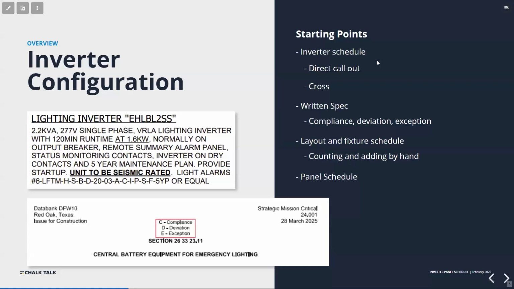But a lot of times they will be called UPSs in here. They'll be called all sorts of different things. Sometimes these specs can be a little bit outdated. And it's our job to go through and mark whether we are complying, whether our inverter is doing the things the spec is asking, or whether maybe they're asking the wrong question, and we can go ahead and mark that and let them know, well, we deviate from it in this perspective,